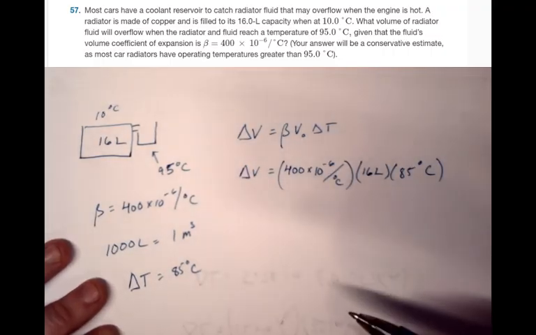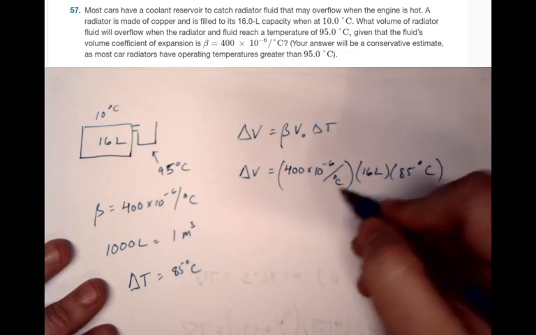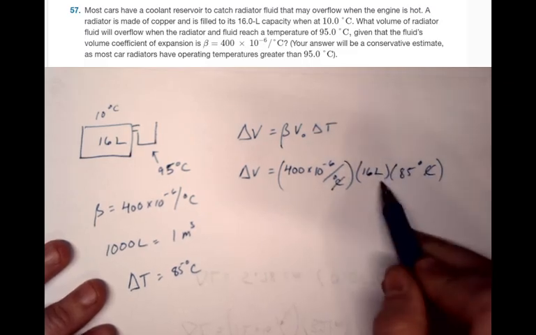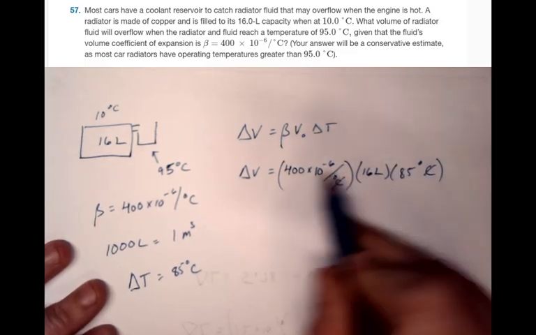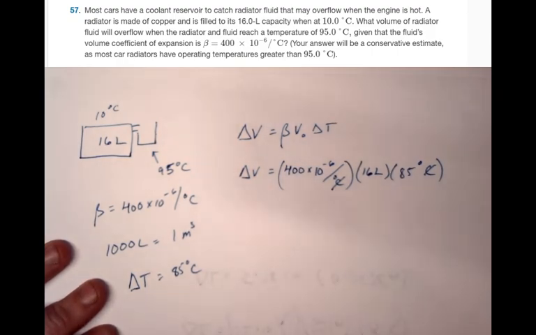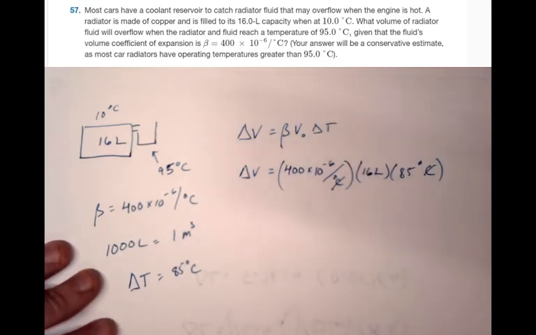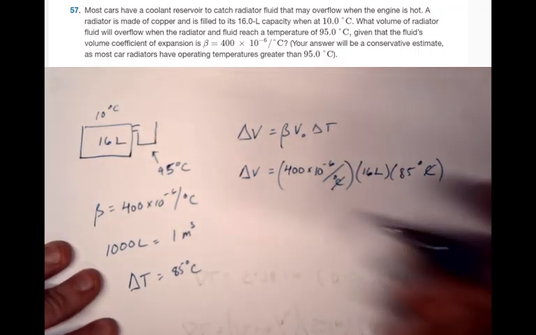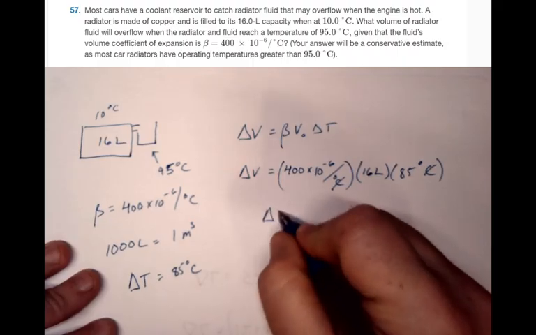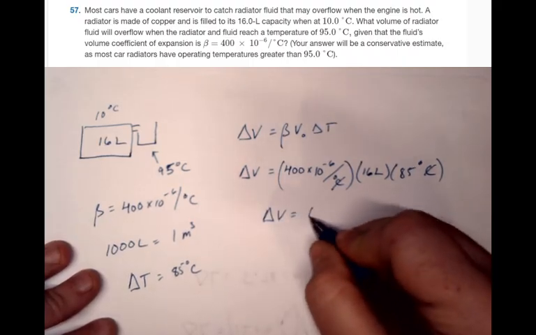Again, I did this ahead of time, but we'll note that the degrees Celsius go away. And this is what I was talking about. Liters go in, liters come out. You match your units to whatever constants you have in the problem. Constants don't talk about distance, so we don't need them. And then our delta V ends up